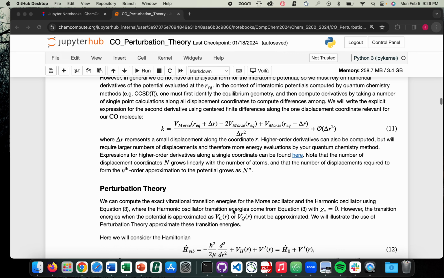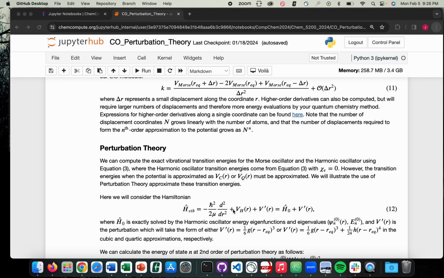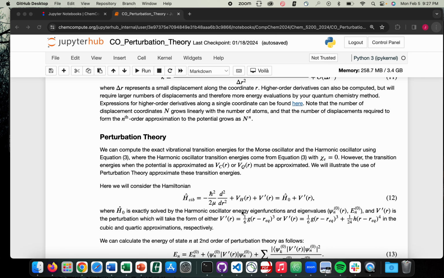Okay, so now one of the main things that we want to illustrate in this notebook is the use of perturbation theory to approximate the solutions to the Schrodinger equation when I can't find them exactly. And so this is one of the reasons why we would want to invoke this Taylor expansion for our model for the potential, because then I can think about setting up a really nice kind of